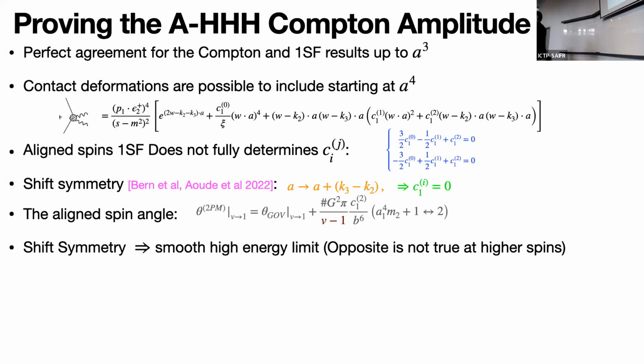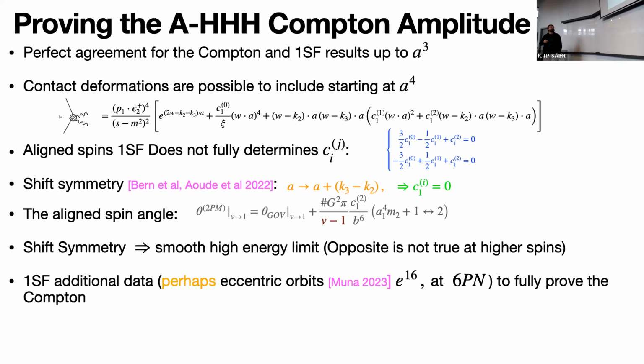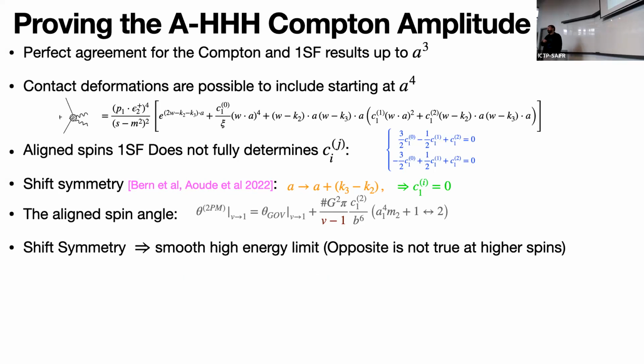It came out from the calculation and it was observed that up to the fourth order in the spin multiple expansion, this symmetry was satisfied. But there's no theory that tells you if the theory is symmetric. No. It was just an observation. And people proposed maybe this is the symmetry that should guide you in the computation of observables to higher orders in the spin multiple expansion. And we're going to come to that in a moment. So it was just an observation, and I'm just saying that if you were to impose that symmetry, you could fully fix the quantum amplitude, but in general, you don't have to, right? You have to compare, like this has to come out from the computation instead of imposing.